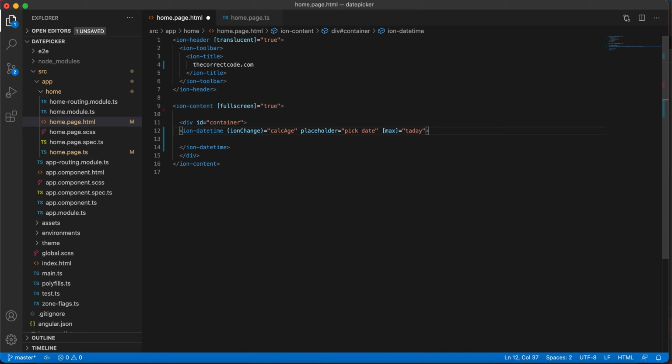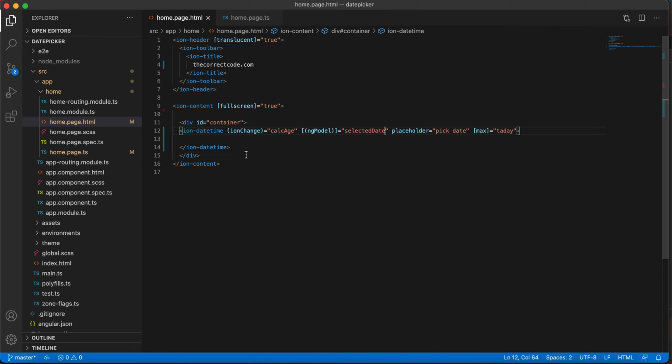This function will be called, but to pick the value we need to use ngModel, selectedDate.